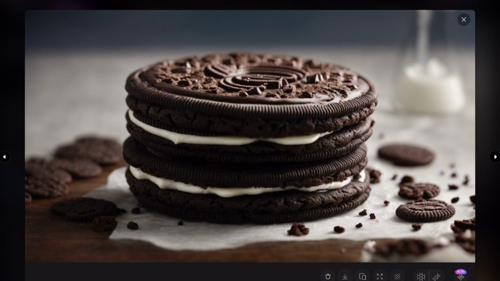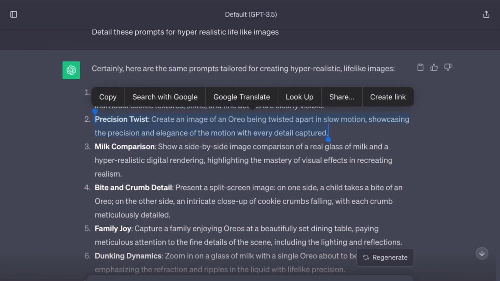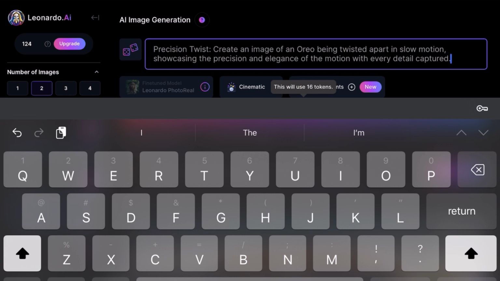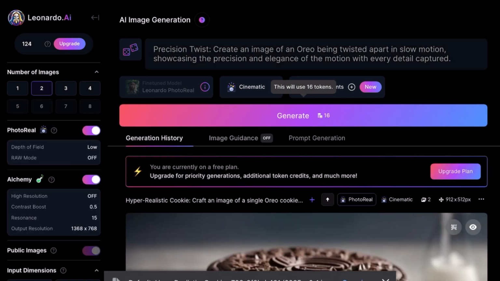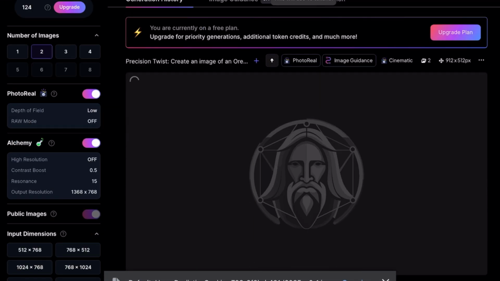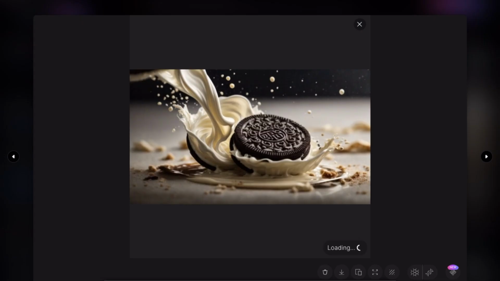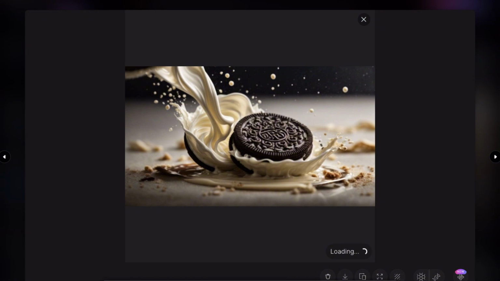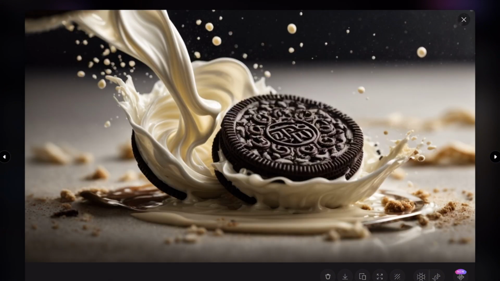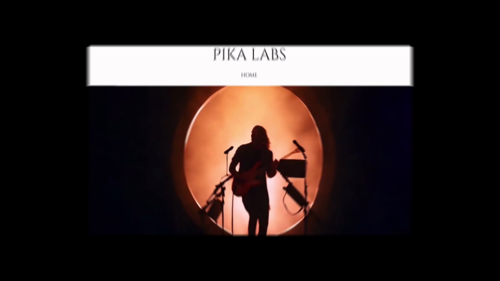For the next image, we will return to ChatGPT and copy our next prompt, paste it in Leonardo.ai with the same settings and generate the image for it. We will continue creating our images step by step. We will keep copying prompts from ChatGPT and generate them in Leonardo.ai, downloading the image one by one. Once we have all our images, we will move on the next step, which is to convert these images into